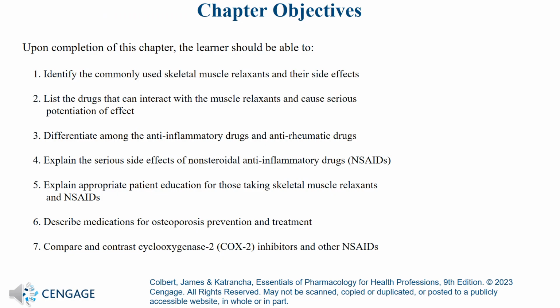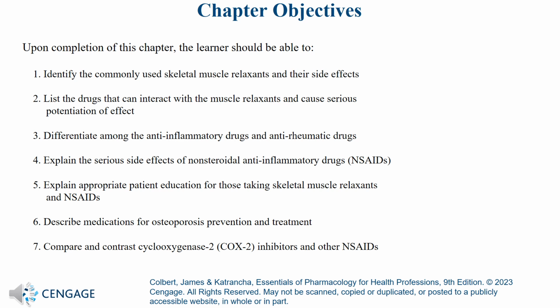Our chapter objectives are: identify the commonly used skeletal muscle relaxants and their side effects, list the drugs that can interact with the muscle relaxants and cause serious potentiation of effect, differentiate among the anti-inflammatory drugs and anti-rheumatic drugs, explain the serious side effects of non-steroid anti-inflammatory drugs, commonly shortened as NSAIDs, explain appropriate patient education for those taking skeletal